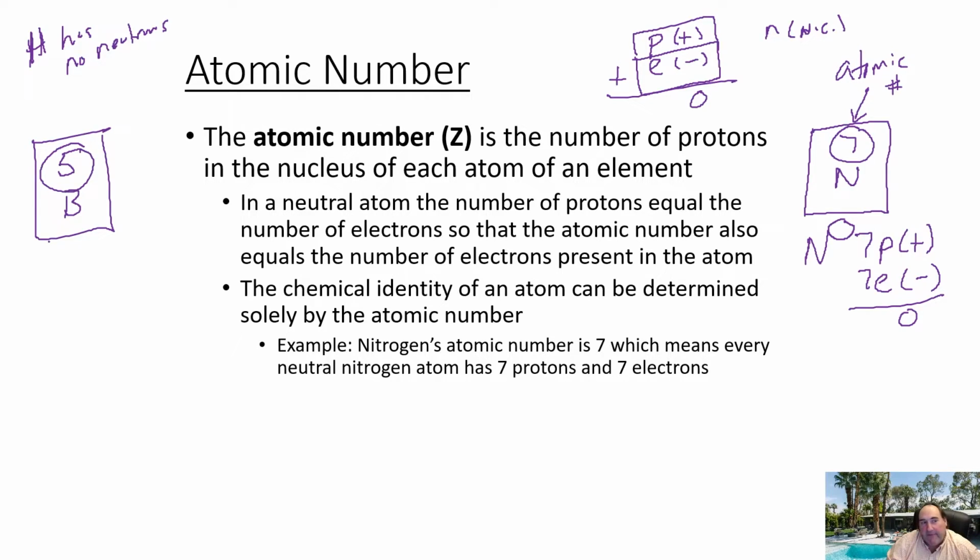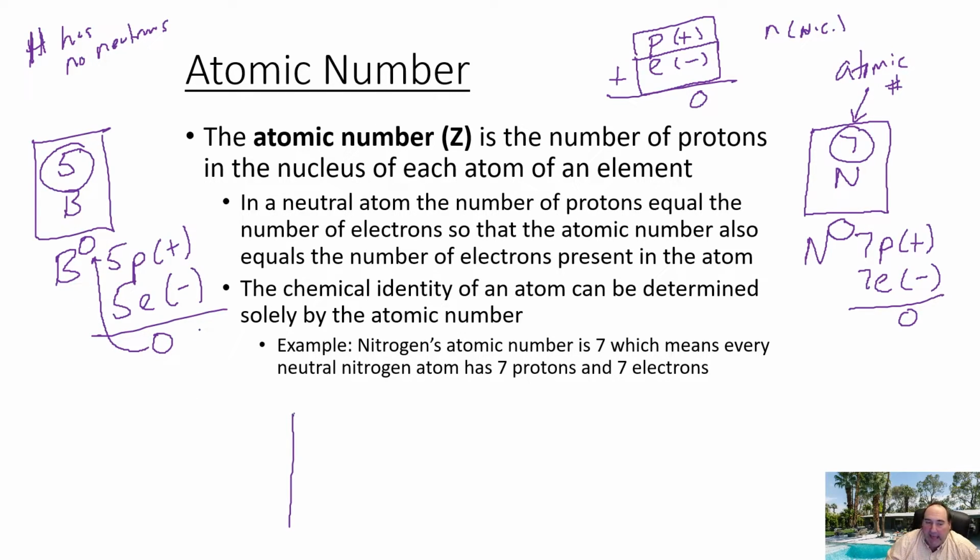If we look at the periodic table and we find boron, which is number 5, we will see the number 5 up there. That means that boron should have 5 protons, which are positively charged. And in order for it to be neutral with no charge, it should have a matching set of 5 electrons. So 5 positives and 5 negatives give us our no charge.